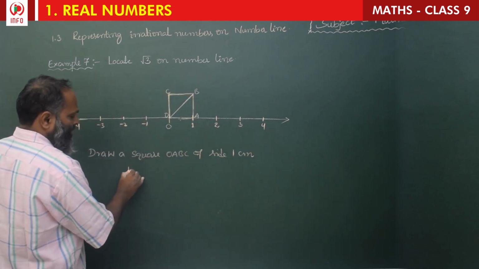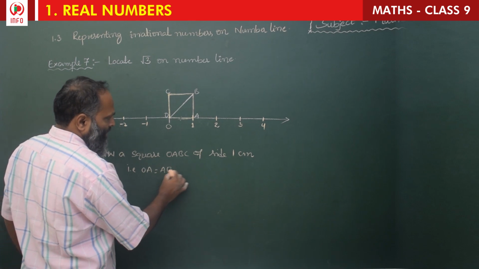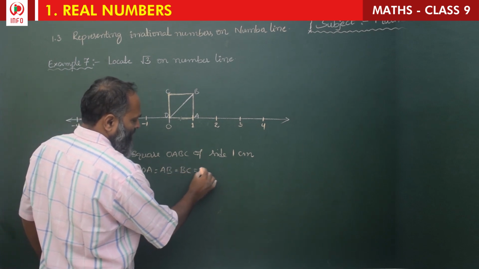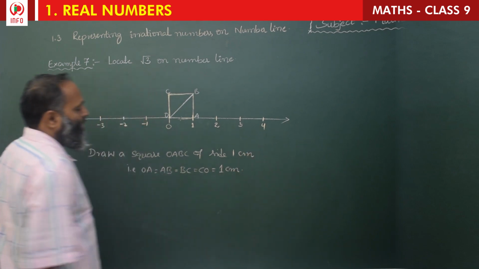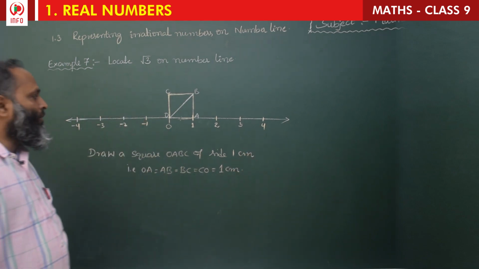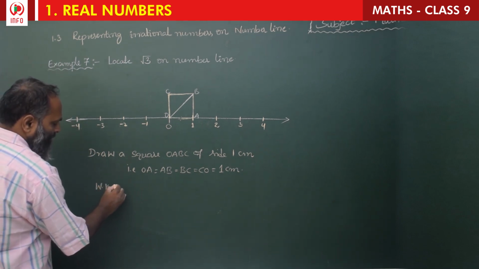So OA length is equal to AB length is equal to BC length is equal to CO length is equal to 1 centimeter each. Now, we know that according to the Pythagoras formula,